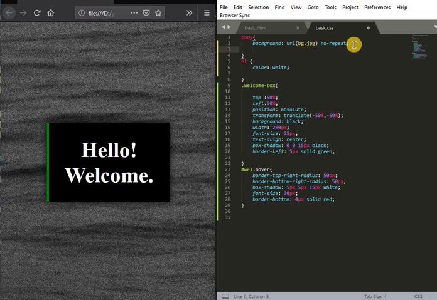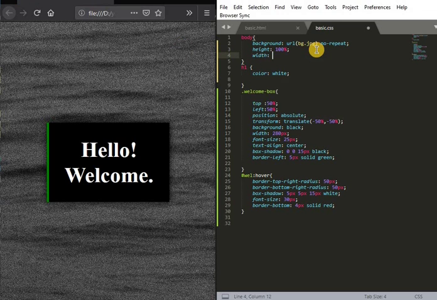So let us try another thing. Let us give height, specify height as 100%, and width is also 100%. Let's see what that does.